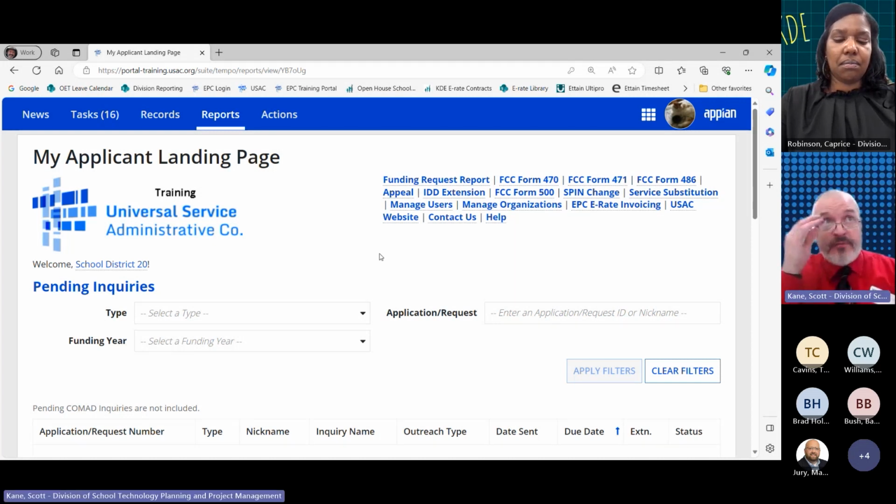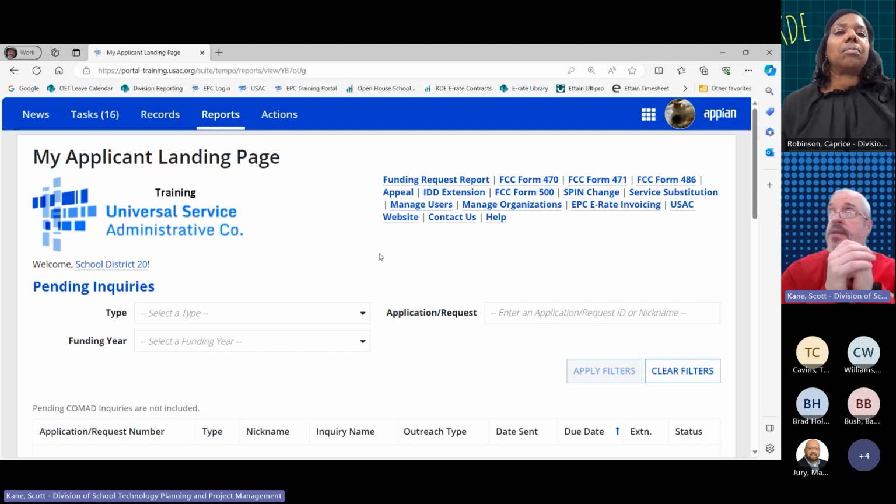I would encourage you, if you have the information that you need, you can actually start your Forms 471 right now if you want. The portal is now open for filing Forms 471. It opened yesterday at noon. So you have that option, that ability if you want to. There are a couple of things that we probably won't be able to show in the practice site, because the practice site does not have full capability. It's pretty close, but there are a couple of things that might prevent us from taking a deeper dive than what we might want to. But nonetheless, let's get on with it.